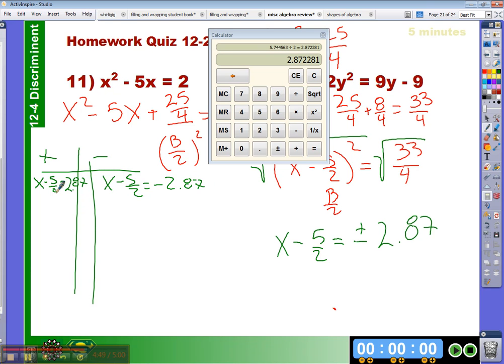So I'm going to convert these into decimals. That's 2.5. So I'm going to add 2.5 to both sides. So I get x is equal to